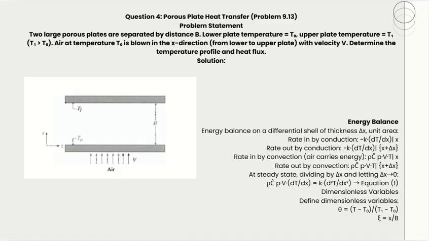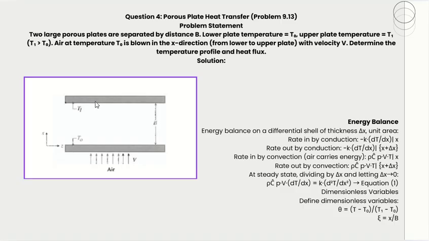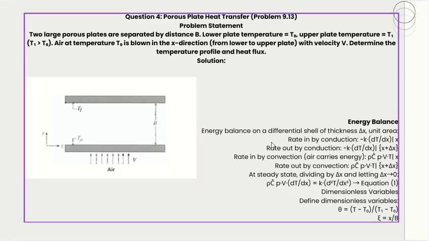Next, we'll move to the last problem, that is the fourth problem. It says that two large porous plates are separated by distance b, and the lower plate has temperature T0 and the upper plate has temperature T1, and T1 is greater than T0. Air at temperature T0 is blown in the x direction from the lower plate to the upper plate with velocity v. Determine the temperature profile and heat flux. So here also we have to find the temperature profile and find out the heat flux. For that,